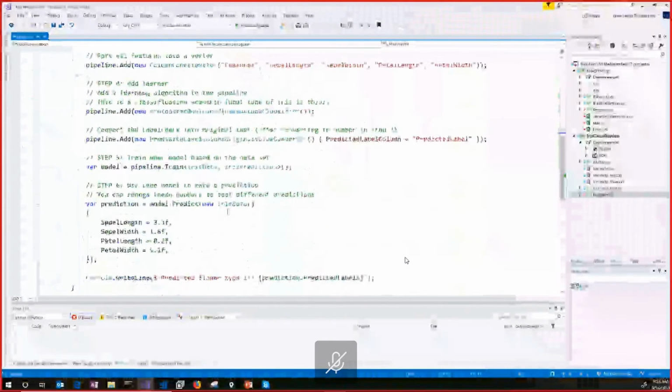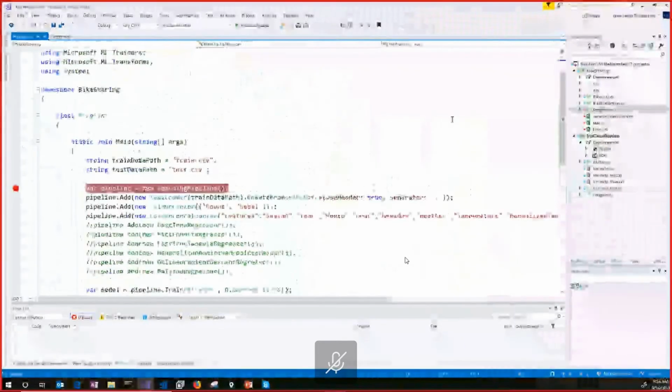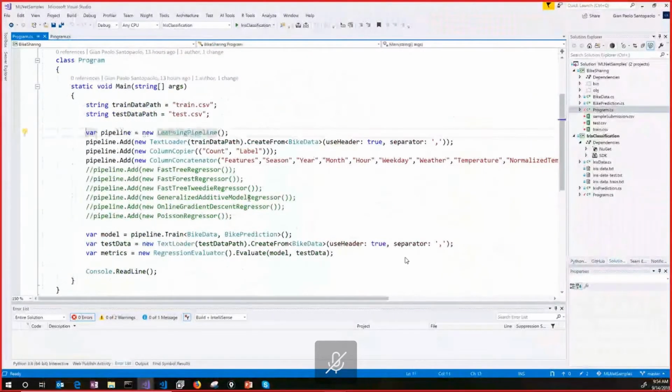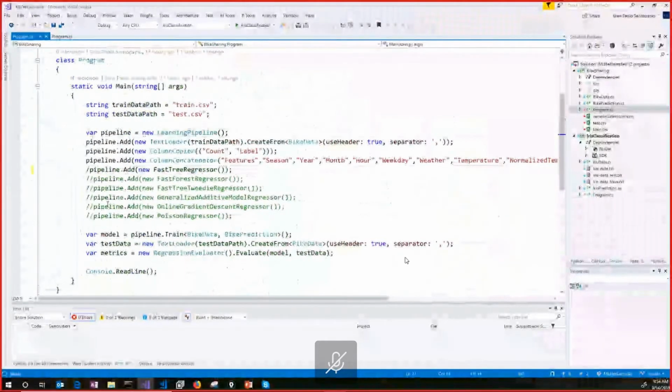I have another sample that I want to show you, and this repository is also publicly available. It's also in the link in the last slide, in my repository. Again, this is a bit more complex example, and it's also using a regressor.